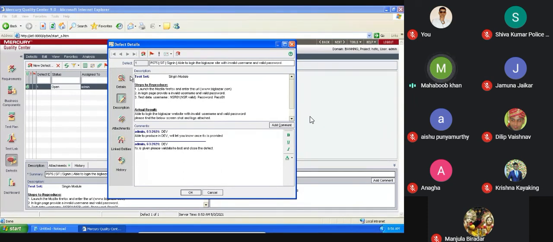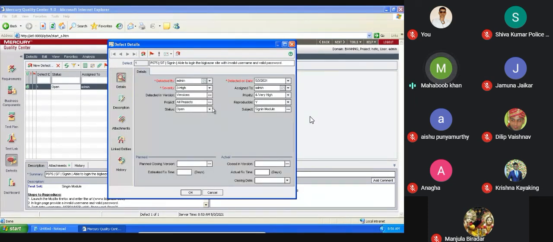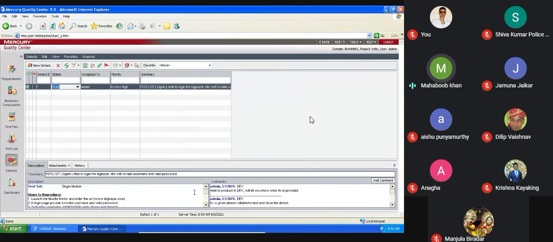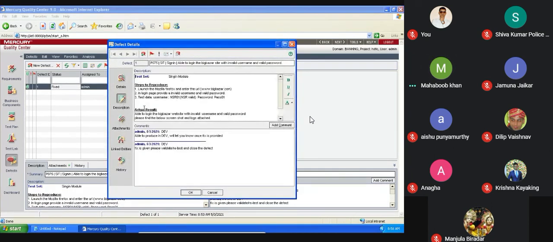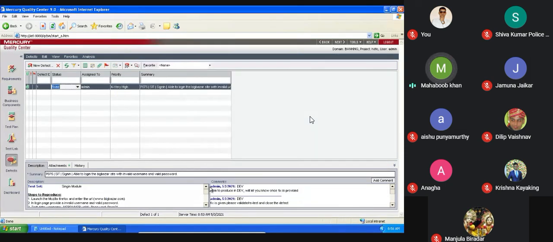So he will move the status from open to fixed, and then he will save. Once it is saved by the developer, a mail notification will go to the tester to retest it. When I open this as the testing team, I see the comments: oh, this has been fixed. Then I will try to reproduce the same issue.